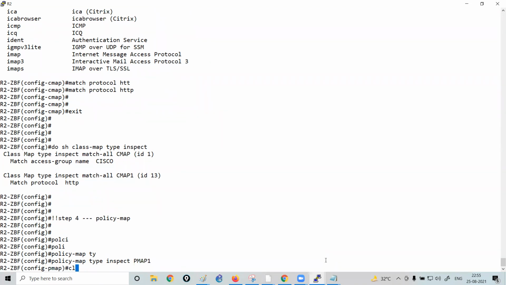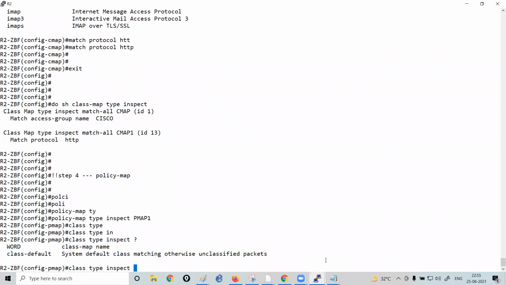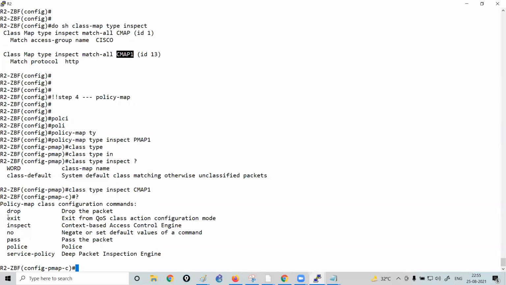And here we need to call the class map on which traffic you need to perform the action. So class type, and then you have to write inspect, and then what is the name of the class map? The name of the class map is CMap1.